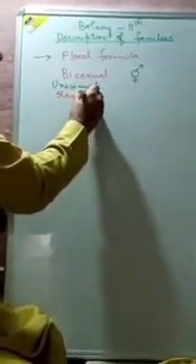Now, in case of unisexual, that means when only one sex is present, either it may be male reproductive organ or it may be female reproductive organ. When it is a male reproductive organ, then it is called as staminate. Staminate को हम symbolize इस तरह कर लेते हैं. And this is the male reproductive organ, male. And now we have got one more, that is the female, that is called as the pistillate. इसको हम symbolize इस तरह कर लेते हैं, that is the female.